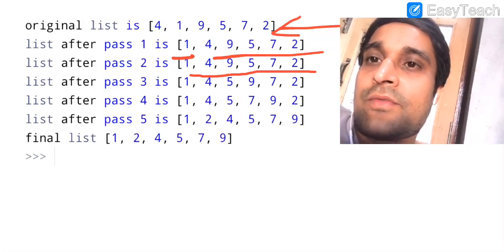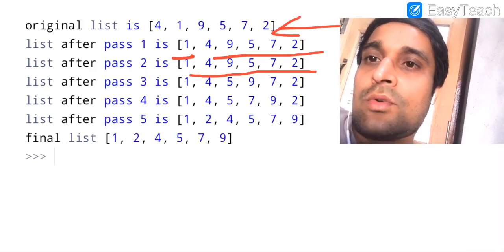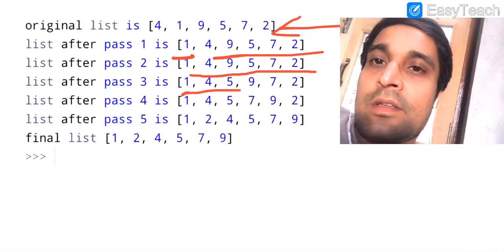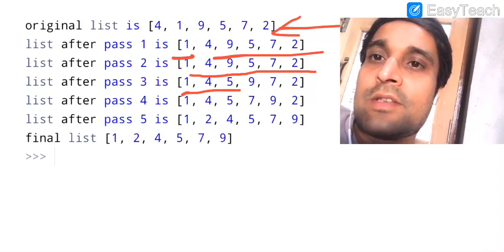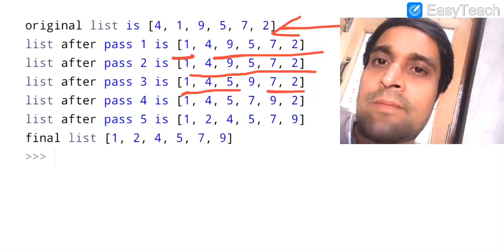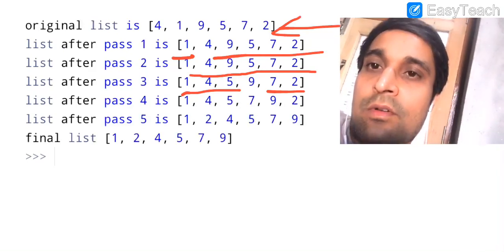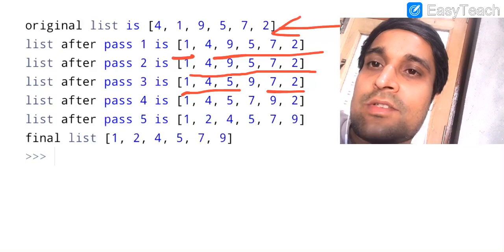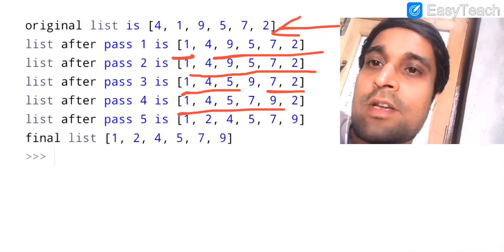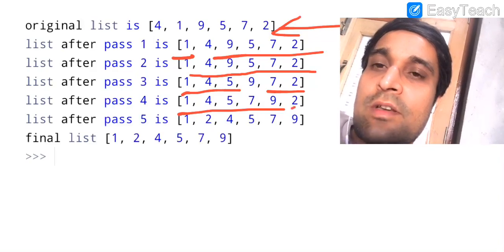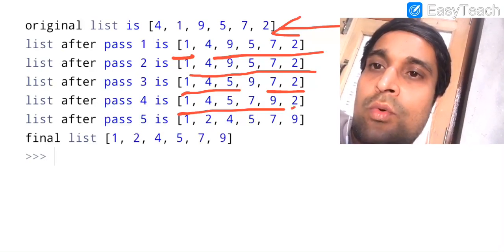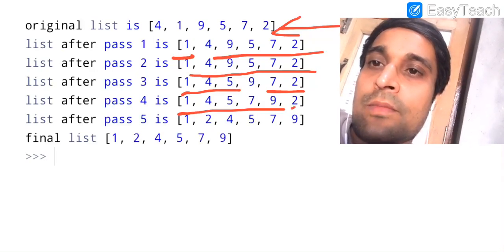Thereafter we will get the element 5. Now 5 is greater than 4 and less than 9. So 1 4 5 9 is the way in which data is arranged, in sorted order. Now 7 and 2 remain in the unsorted part. Now the next key element is 7. Now 7 is greater than 5 and less than 9, so 7 is also at its specific position. Now what remains is 2. Now 2 is greater than 1 and less than 4.